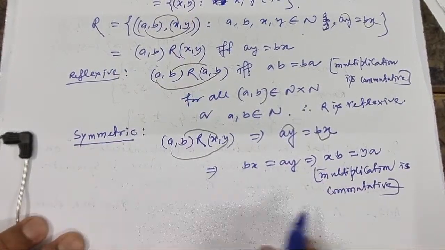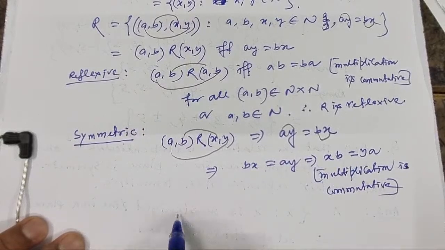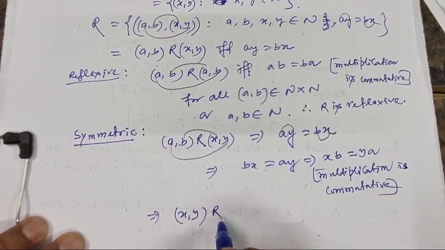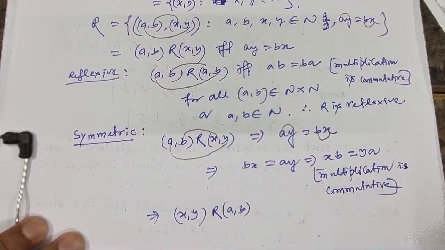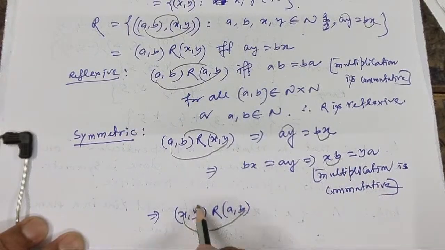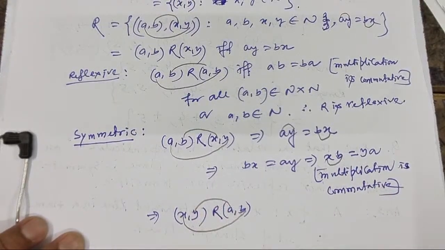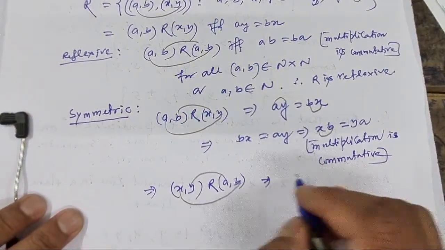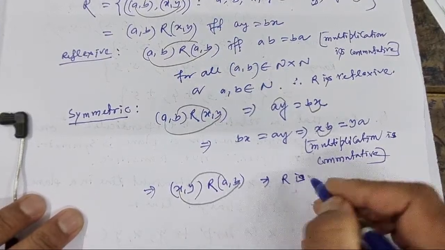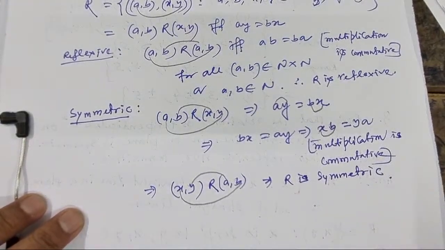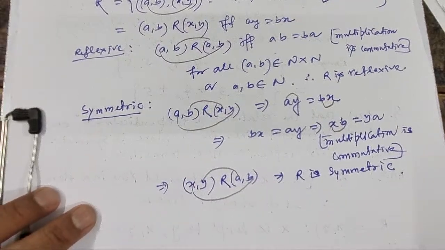Now, if I take xb, can I write (x, y) R (a, b)? See, here also it is following: first, last, xb, yes or no, and second, first, following, right? That implies R is symmetric. That means R is symmetric, right? Next,